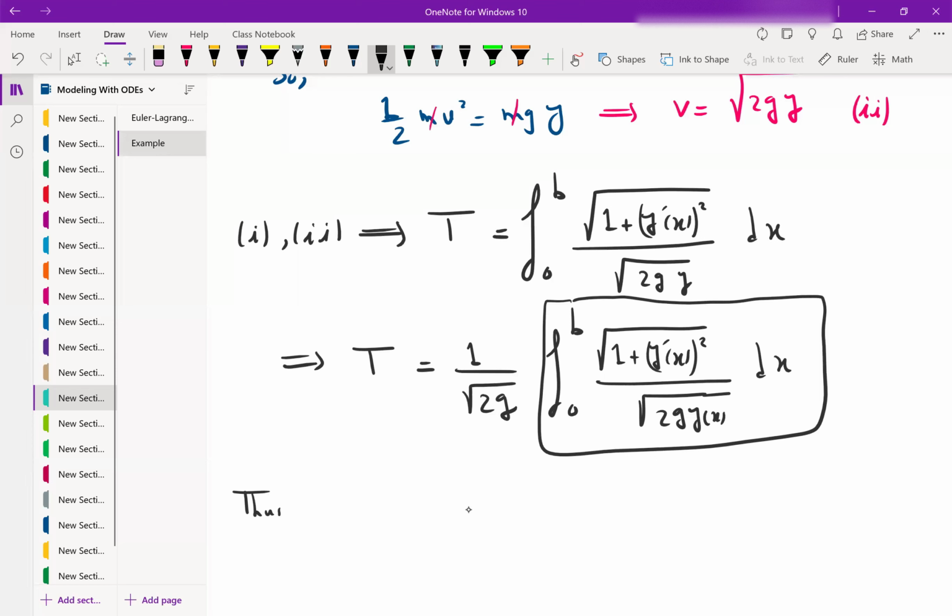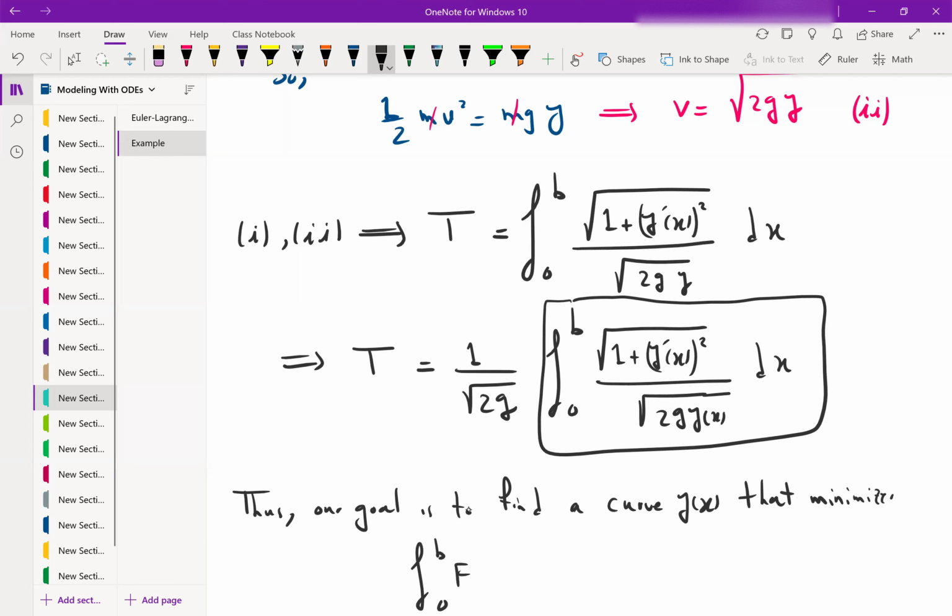Thus our goal is to find a curve y of x connecting the origin to the point little b comma big B that minimizes the integral from 0 to b of f of x comma y prime dx, where